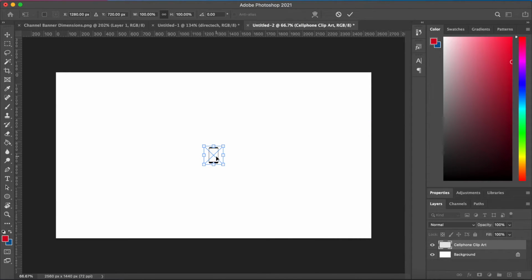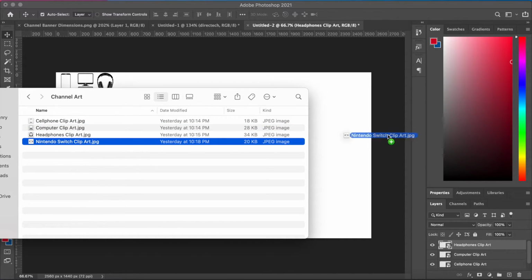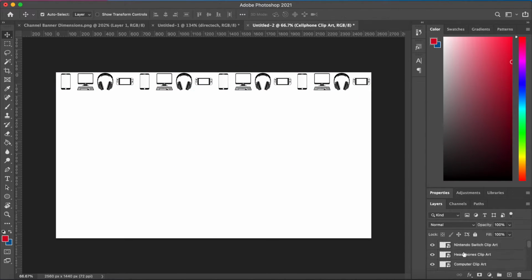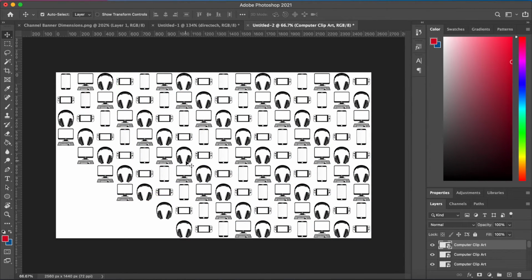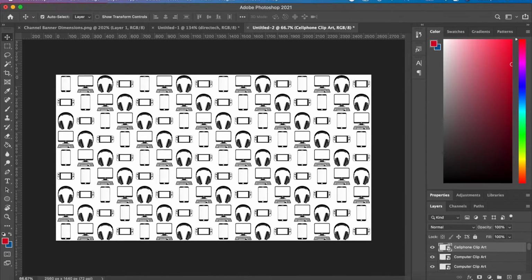Here is my cell phone, computer, headphones, and Nintendo Switch. For my background, I'm just going to create a collage using these 4 images. So I have made my collage and now I'm going to save this image.